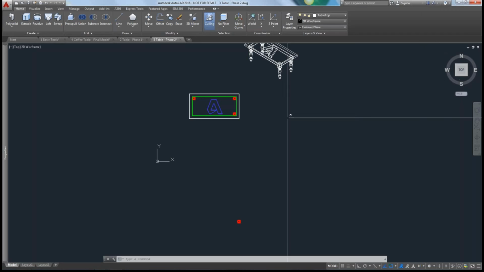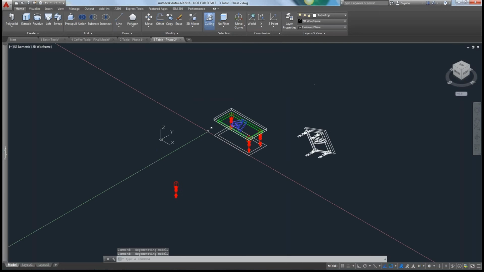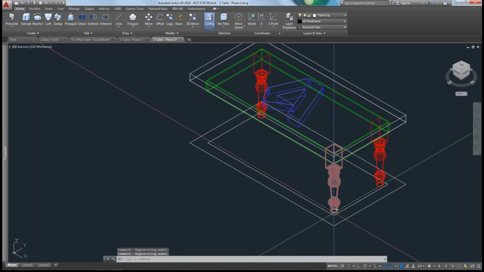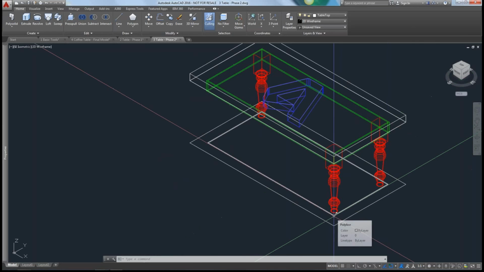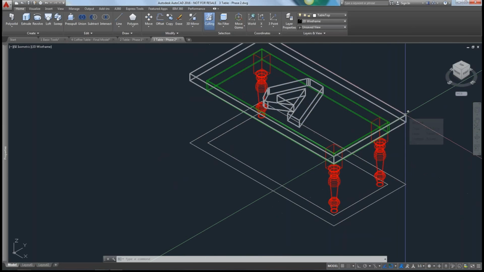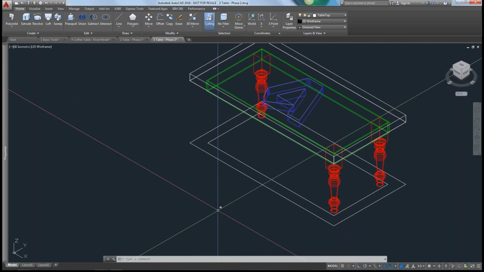Okay, well that can be done. It's just using the distance command. Let's say I wanted to measure a distance from the bottom of here to that point, or let's say from this corner here, where my cursor is, to the top of that corner. Again, using the distance command,